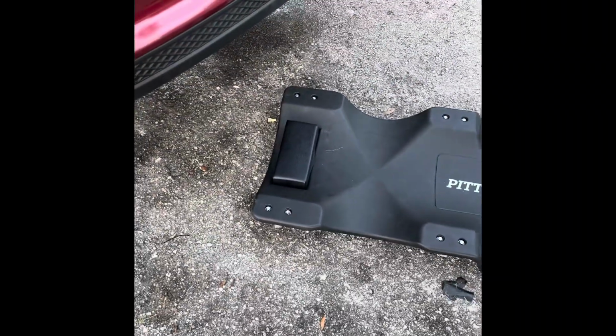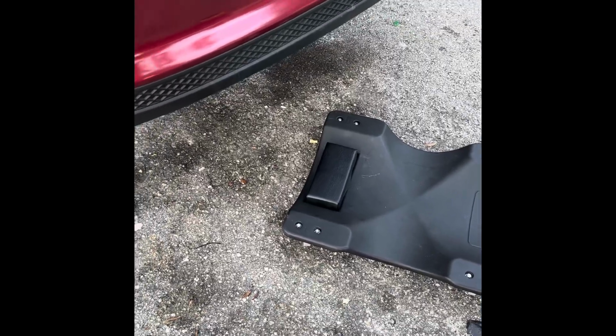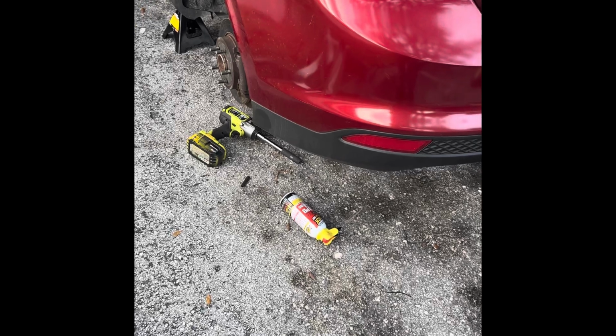So I'm gonna install the other one and I'll be done. Well, good luck when you do this. Just make sure to tighten up everything good